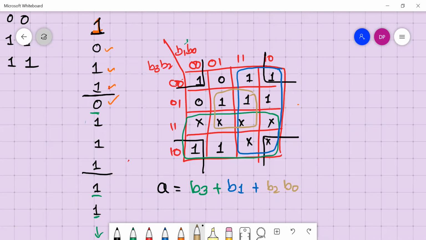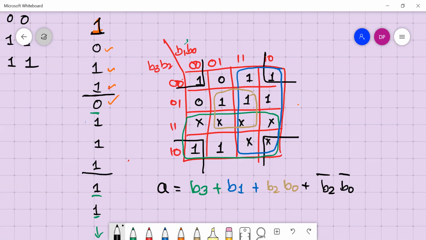And for the 4 corners, what you will have? This black color one, 4 corners. What is common? You have B2 bar common and B0 bar common. Right.